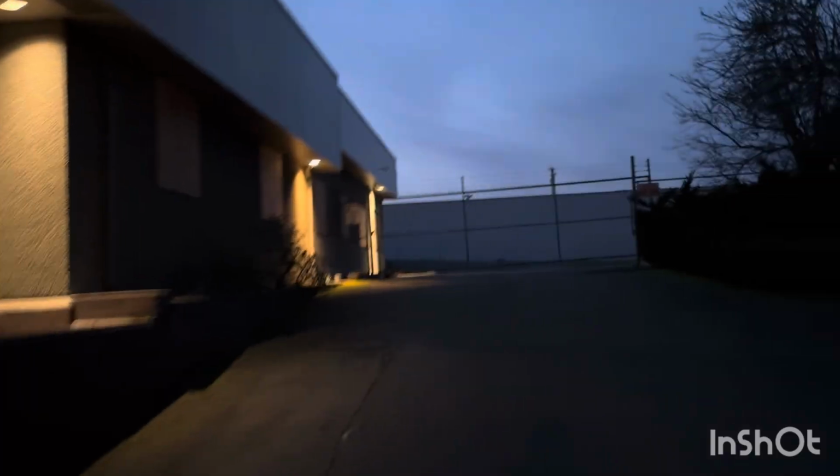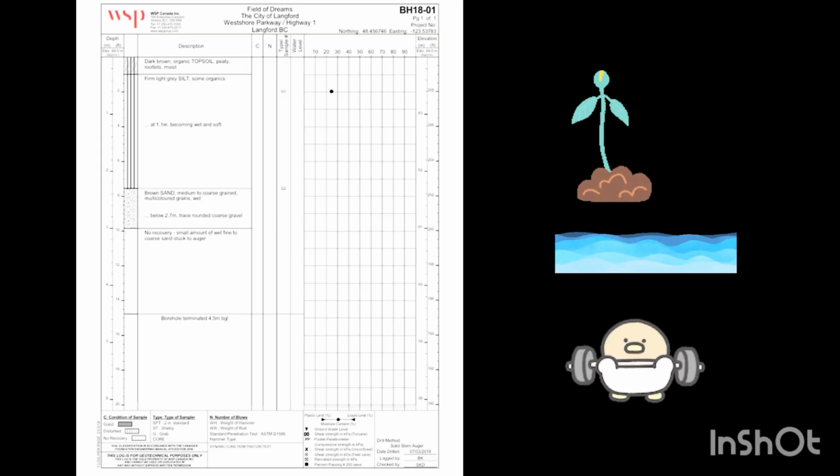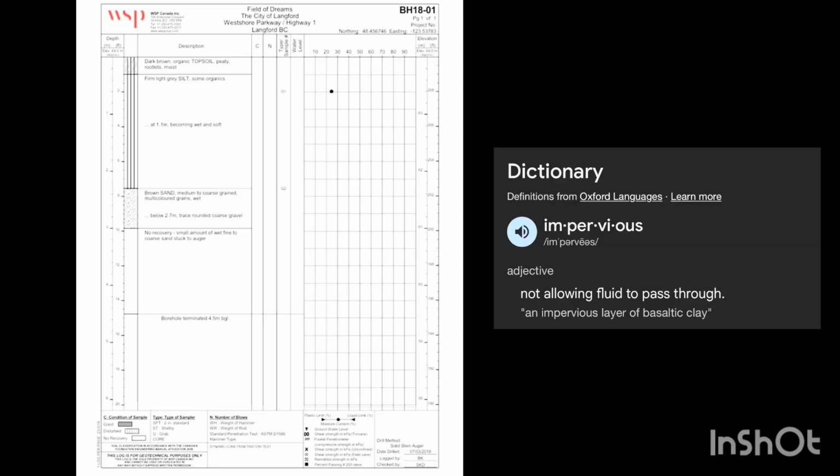The Earth system I chose is geosphere, with some overlap with hydrosphere. The first dataset example is a borehole log for a parkway in Langford and is similar to one that would be produced for the Saanich Transit Center. It shows the soil layers down to 4.5 meters, the groundwater level, and how strong they are based on penetration tests. Borehole data like this is important because it confirms that the site is impervious with weak or saturated soils